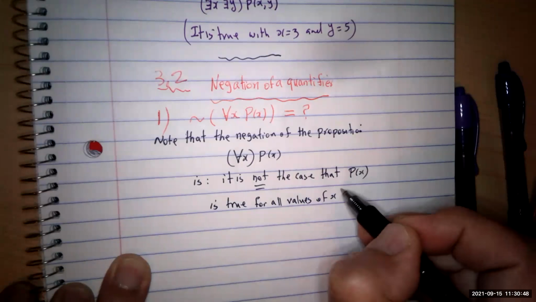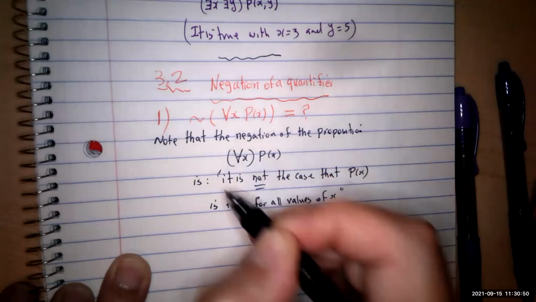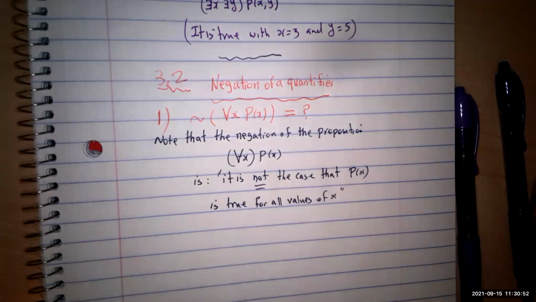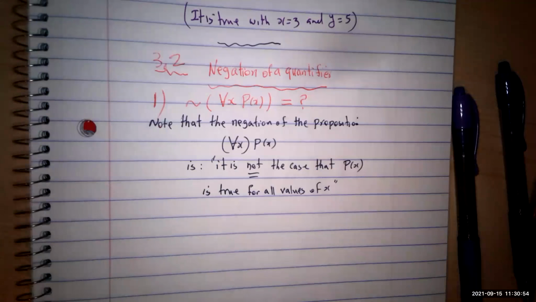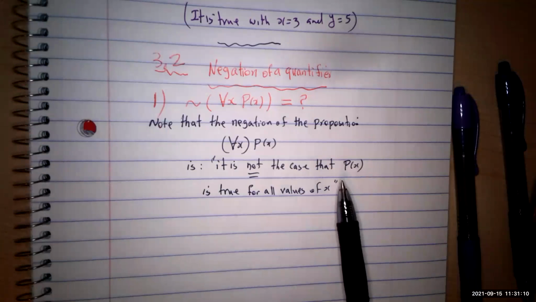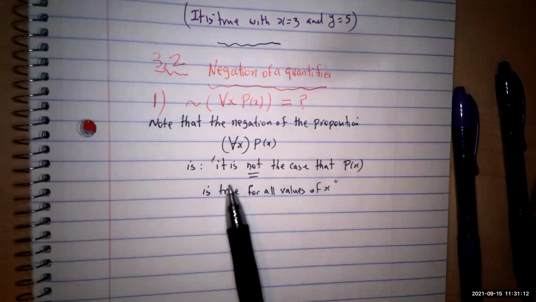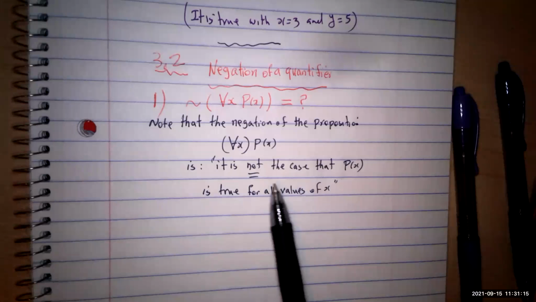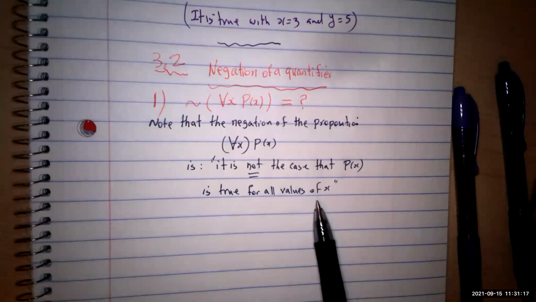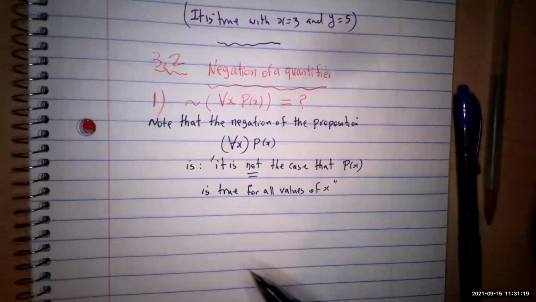Okay, that's the meaning of negation of that statement. So it's not the case that P of x is true for all values of x, which is equivalent to the fact that there is a value of x for which P of x is false. So when we say it is not the case that P of x is true for all values of x, this equivalently means,